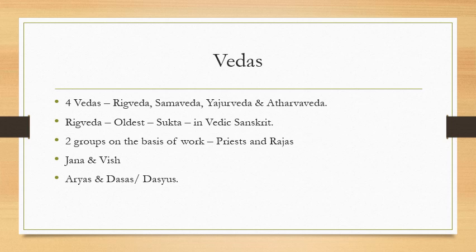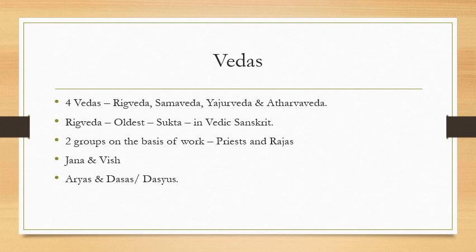Next we have the Vedas. Vedas are four in number: Rig Veda, Sama Veda, Yajur Veda, and Atharva Veda. Rig Veda being the oldest, it was composed about 3500 years ago. It includes more than 1,000 hymns called Sukta, or well said, which are in praise of various gods